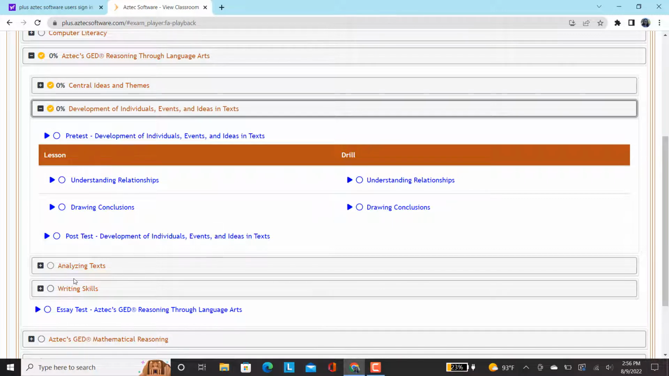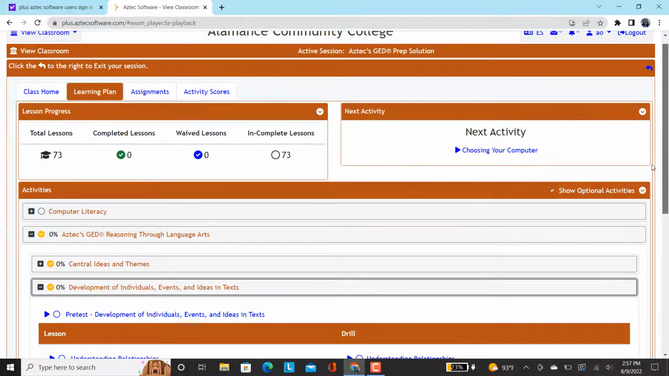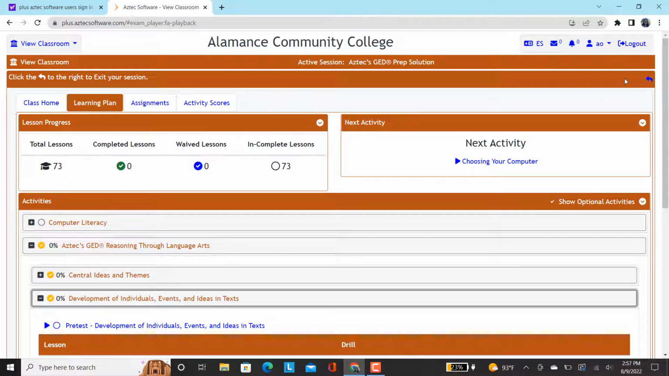Once you have completed all of the lessons, you will take the unit post-test, which is at the very end of the course. Once you have done that, then you can let your instructor know that you are ready for a practice test. When you are ready to exit Aztec, you will select the logout button that is in the